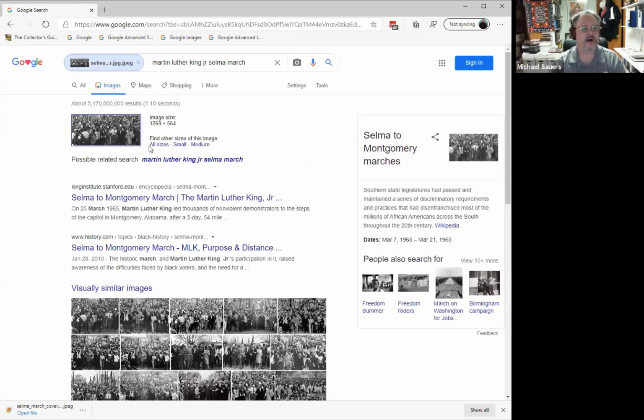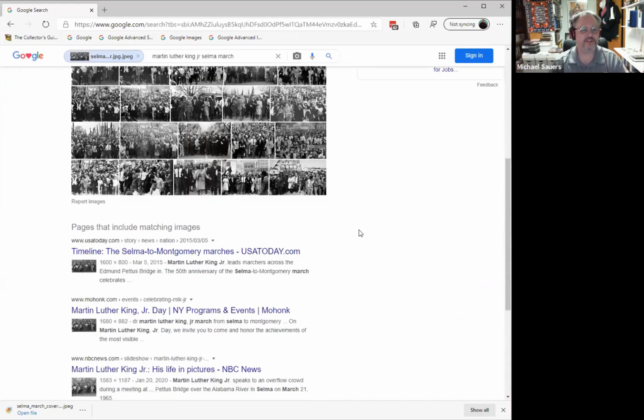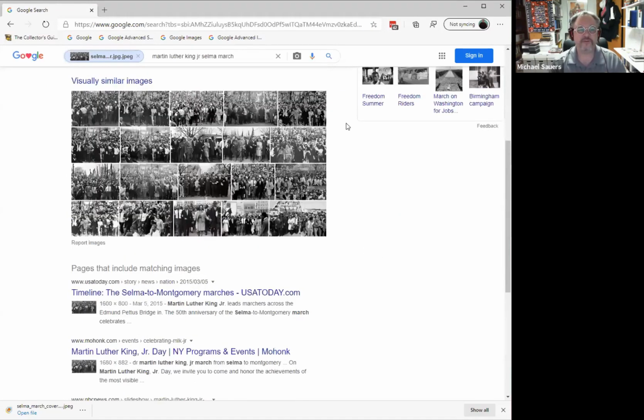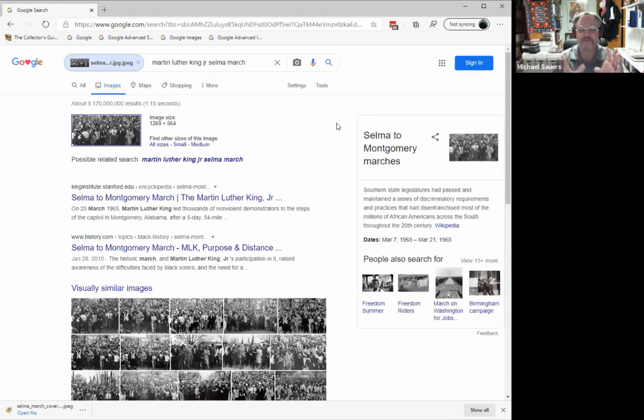So I can now find other sizes of it. It's giving me one of those info cards about that particular image itself, and it's giving me related images and other pages on the web that have used that image. So if you've got a picture and you're trying to find a picture similar to this, or you're trying to find the source of this image, you can upload it to Google Image Search and get these results. In fact, here's the image I searched on, and then it guessed as to what that image was about. And in this case, highly accurate.